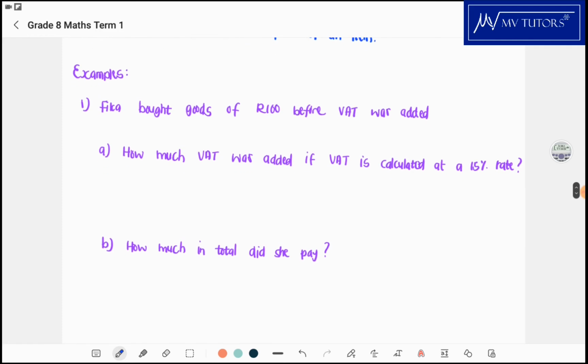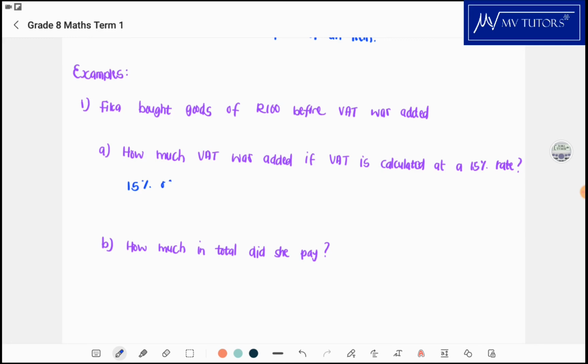Example number 1. Figa bought goods of 100 Rand before VAT was added. That is the worst. You see an item and they tell you that it costs 100 Rand before VAT. Can they just give us the amount after VAT so that you don't think you're going to pay less? So Figa bought goods for 100 Rand before VAT was added. Now, how much VAT was added if VAT is calculated at a 15% rate? So now what we're looking for